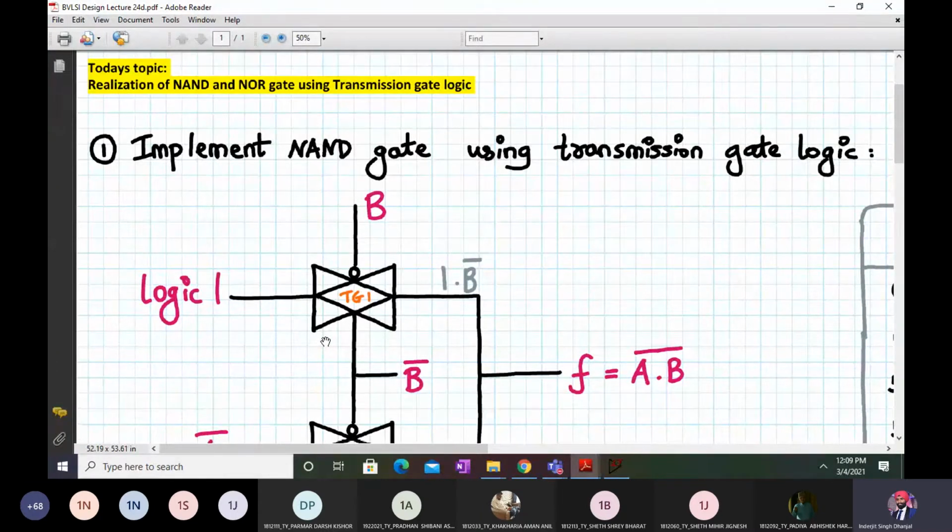I'll give you another minute. Just think. Try this on your own. It's very easy. Implement NOR gate using transmission gate logic. Do it on a piece of paper. If you think it works, upload that image in the meeting chat. That's the way you will learn. It's very simple actually.